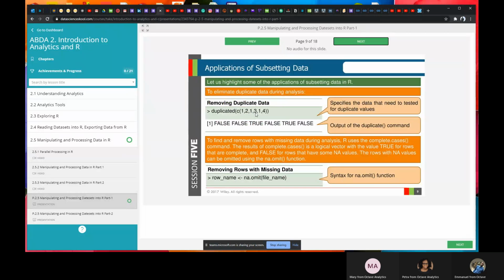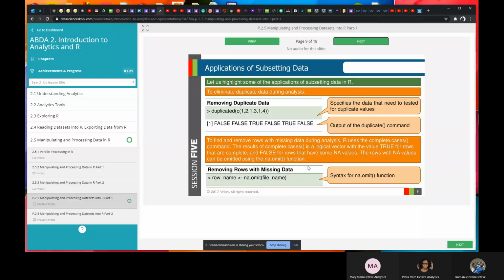And it goes to 3, 3 has not occurred before, false. 1 has occurred before, it's true. So that is how the duplicated function works. It helps you to detect duplicates in the data set.